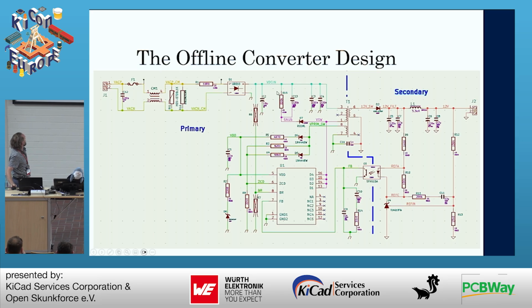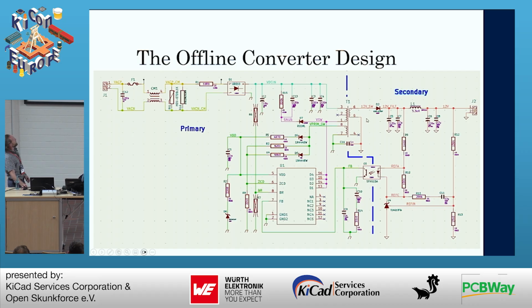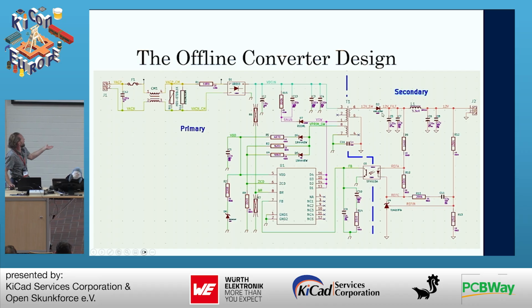So I started out by mentioning that it's a very good design for having these net class to net class constraints, because I'm not sure if you can see my mouse pointer. I hope you can. Here on the left side, it says primary. So you have a primary side over here, and then you have a secondary side over here on the right side. And then there's an isolation barrier in between. So you're basically taking 220 volts into the design. You're rectifying it, creating a rectified voltage. Some of that is fed down to drive a switch mode regulator. It has an integrated MOSFET, and that drives a transformer that converts the voltage to the secondary side,